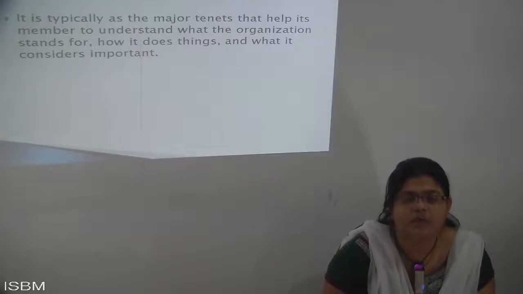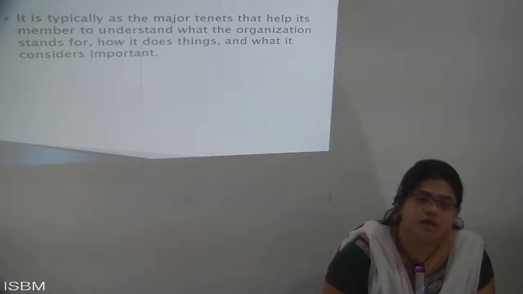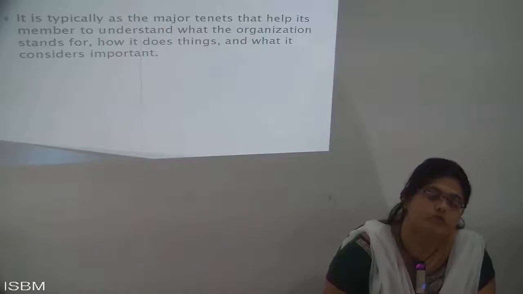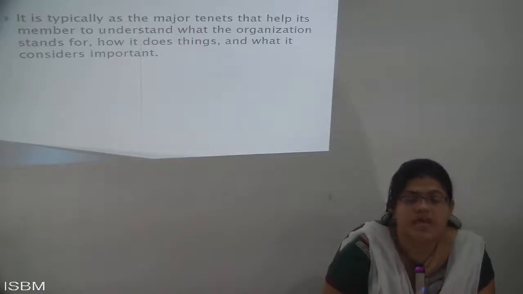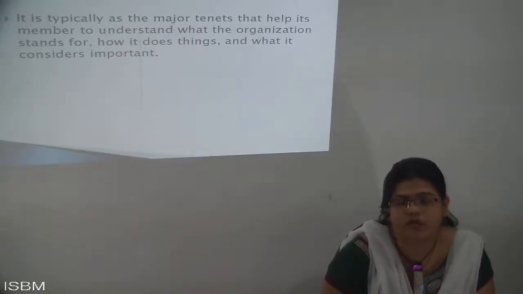So in this chapter, the chapter name is organization structure and design. Under structure, your first concept is organization culture. Without organization culture, meaning if you don't behave socially or culturally when you come into the organization, you need to perform in two ways: the social type and the cultural type.